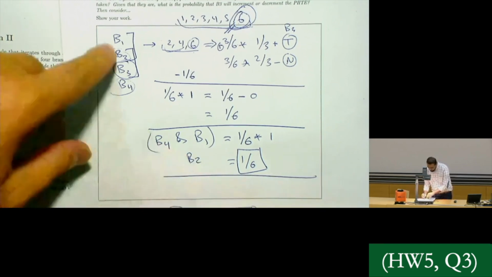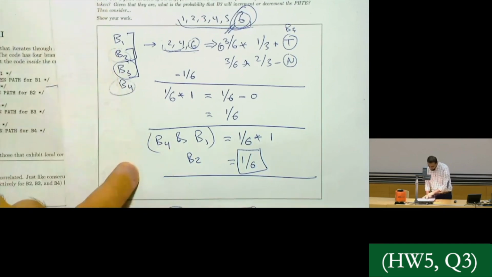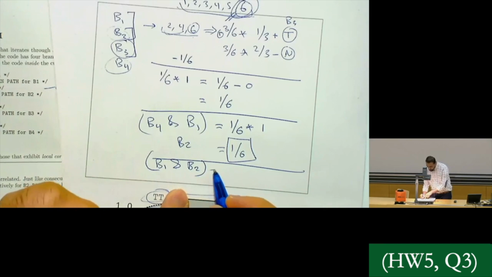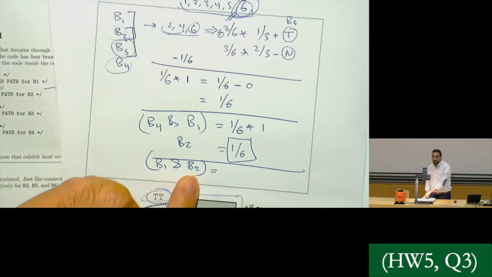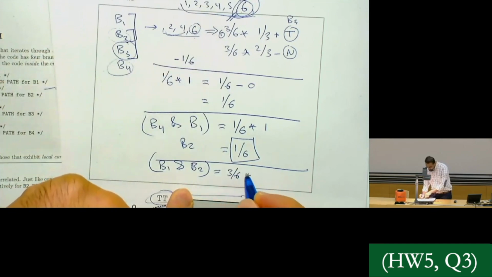And the same thing, so what's remaining now? I'm having B1 and B2, both of them to be taken. B2 is multiple of 2. How many of those are multiple of 2 is 3 out of 6. Multiply by